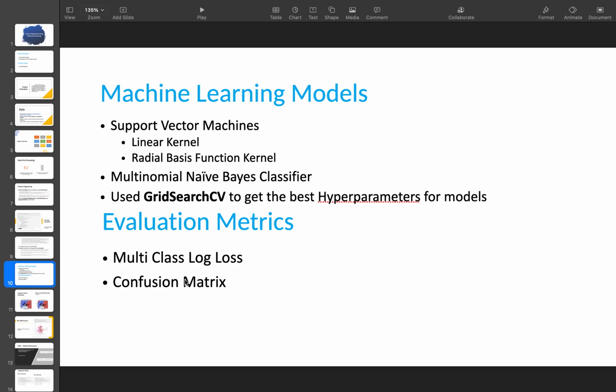After performing the grid search, we are going to be looking at two basic sets of models from machine learning, which are support vector machines and Naive Bayes classifier. In support vector machines, we have taken the linear kernel and the RBF kernel, which is the radial basis function kernel. And in the Naive Bayes classifier, we have decided to go with the multinomial Naive Bayes,